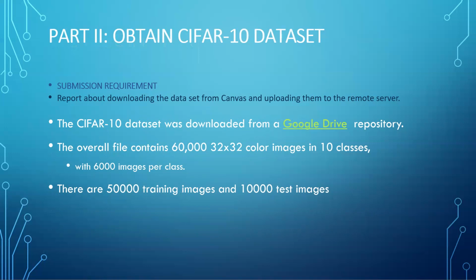The pixel range of a color image is 0 to 255. We will be dividing each pixel of the image by 255, so the pixel range will be between 0 and 1. For the model, we will be using convolutional neural networks.